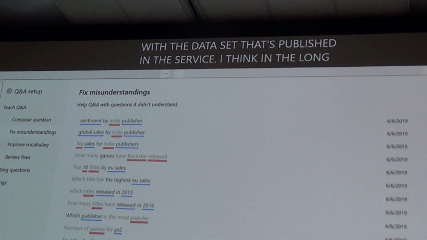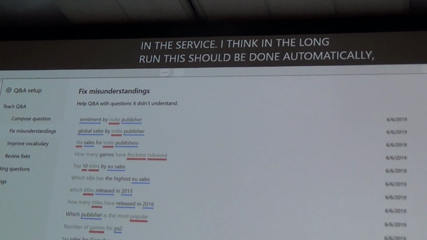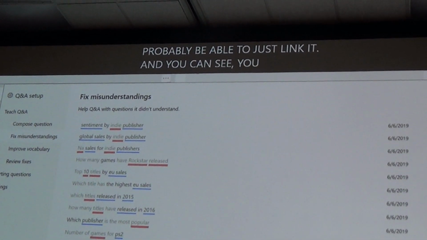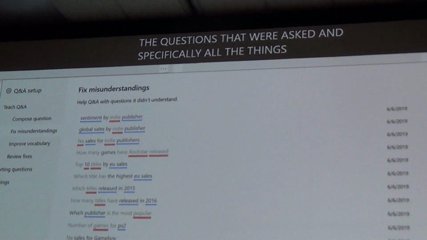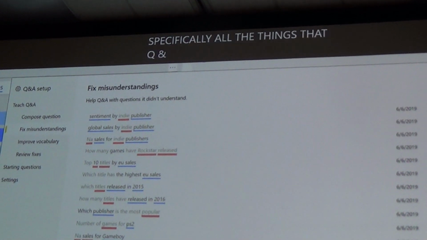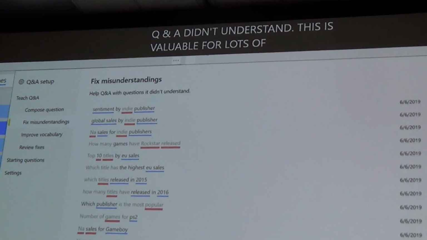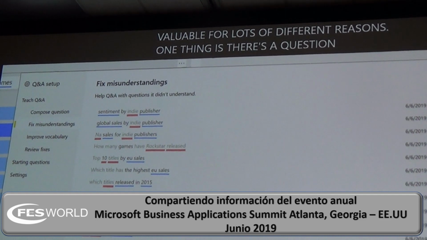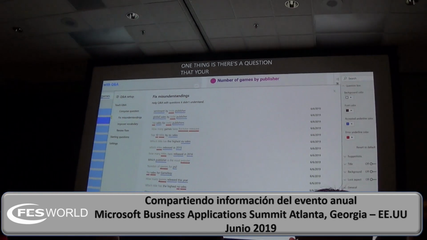And you can see all of the questions that were asked, and specifically all of the things that Q&A didn't understand. And this is really valuable for lots of different reasons. One thing is, if there's a question that your users are continuously asking, maybe you should think about adding a visualization to the report to just help them answer it, because clearly that's something that's important to them. But purely from a Q&A perspective, it really allows me to